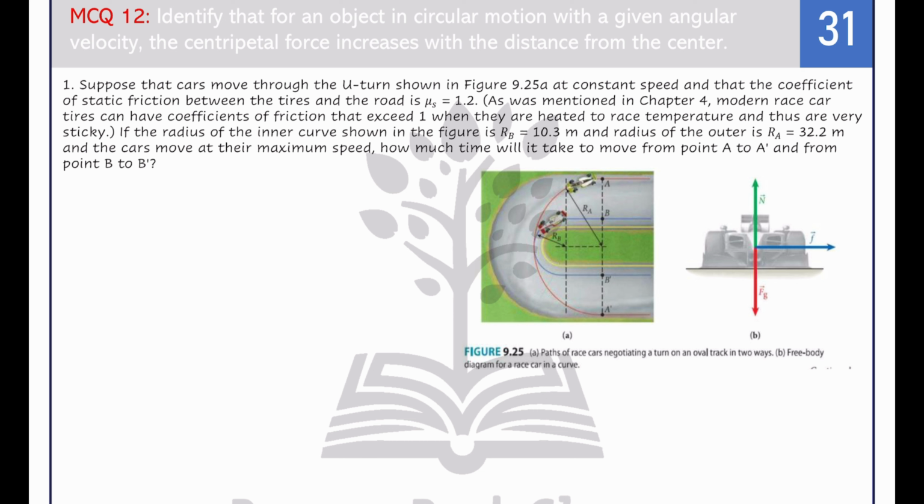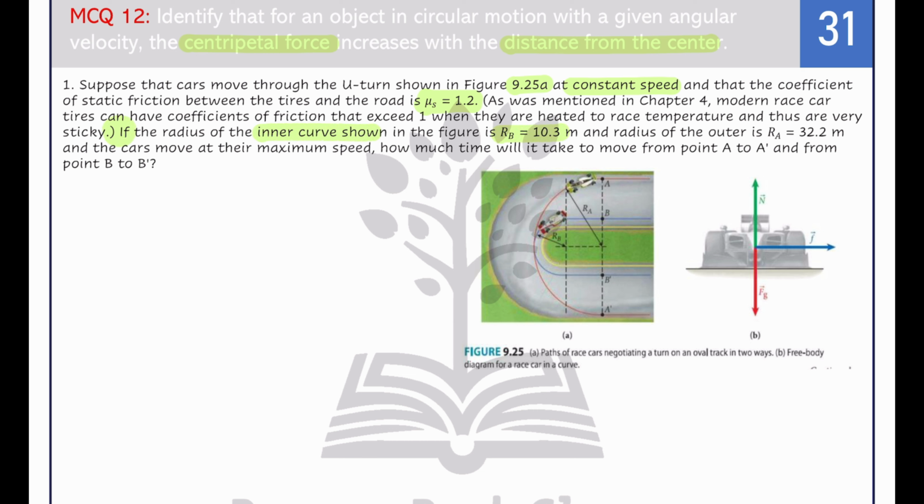Okay, identify that the object is in circular motion with a given angular velocity, centripetal force, and the distance from the center. Suppose that a car moves through a U-turn shown in the figure at constant speed, and that the coefficient of static friction between the tire and the road is, okay, this is the value given, coefficient of friction. If the radius of the